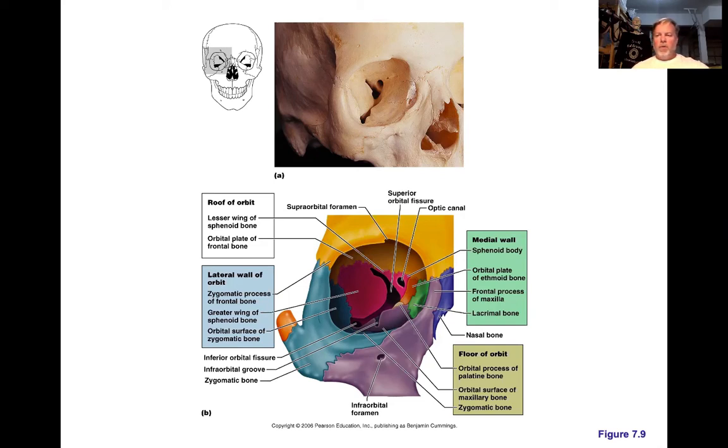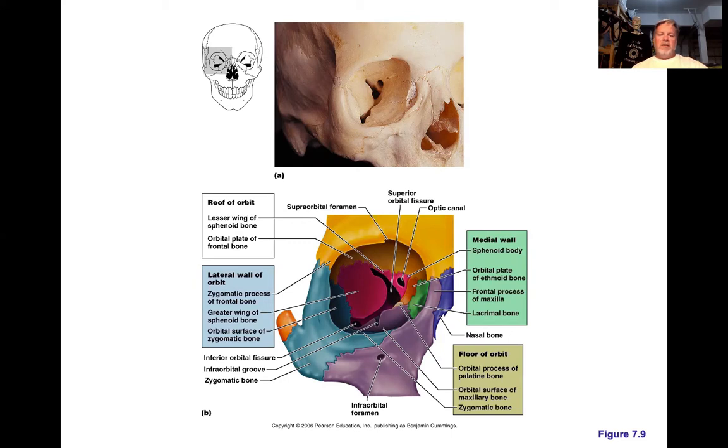Okay, I want to pick up two more parts to the skull that I left off. First of all, I need to cover bony orbits. These are the bony cavities where you find your eyes. They're firmly encased, and then they're cushioned by a layer of fat tissue around them. And the thing that makes them interesting is you have 7 bones, or parts of 7 different bones, make up